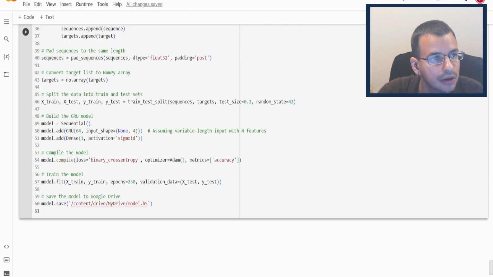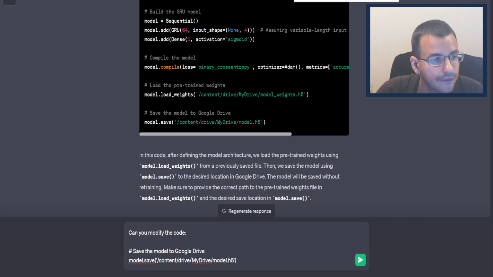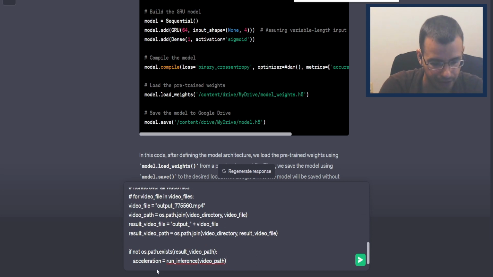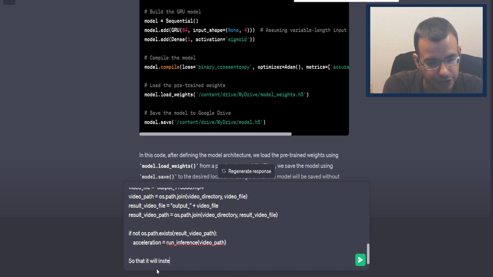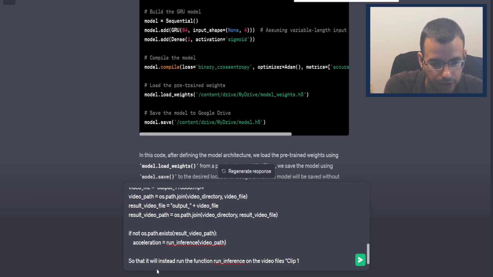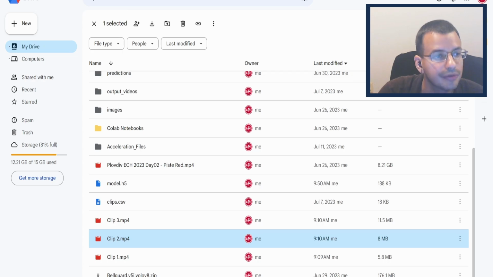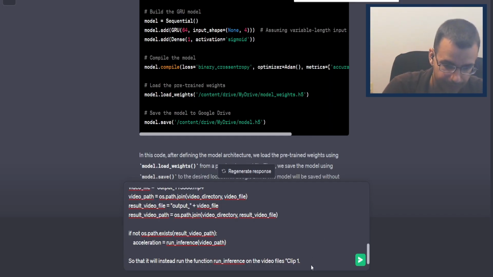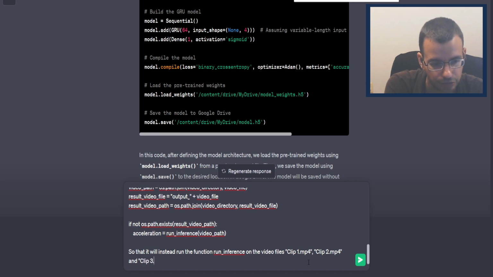Detection and tracking, this code right here, so that it will instead run the function run inference on the video files clip1.mp4, clip2.mp4 and clip3.mp4 in the main directory